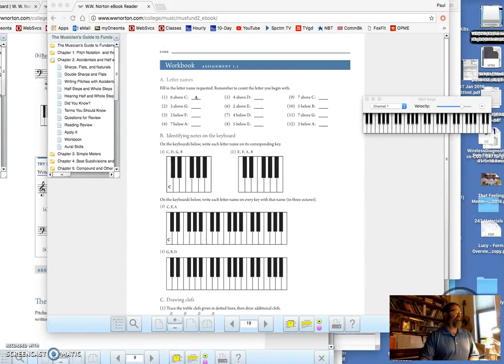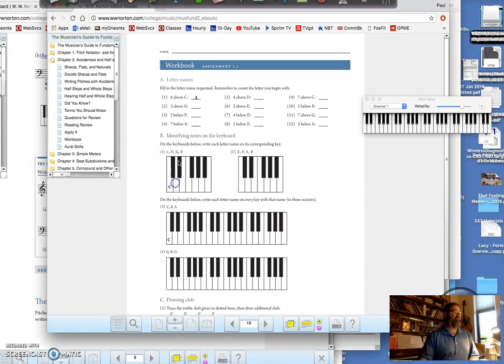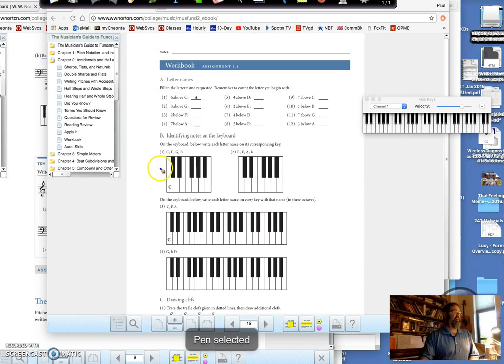My ink to go is not showing. Oh, it's over here. I go like this, and I haven't used this yet. But I got my blue pen, and I want C, then I would write D here. But it's not. There we go. So I write D here, and then I would go to write